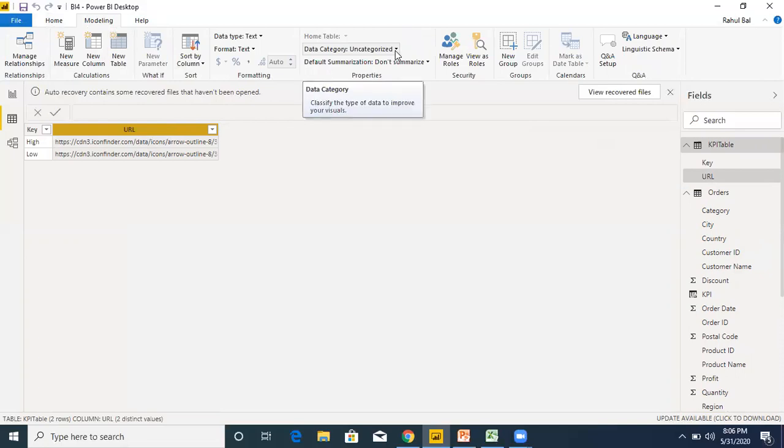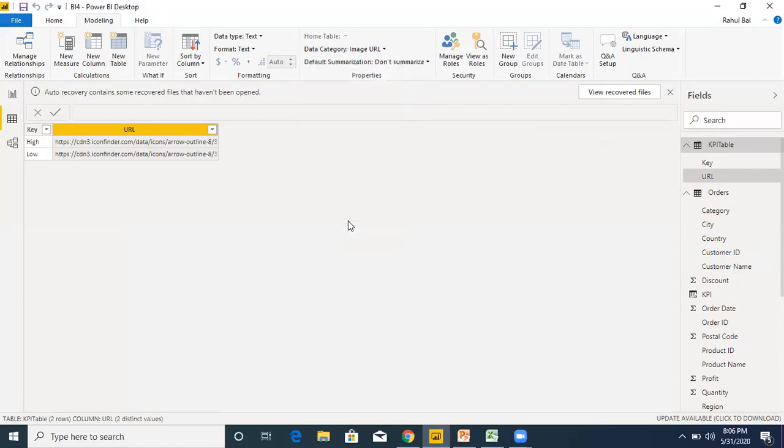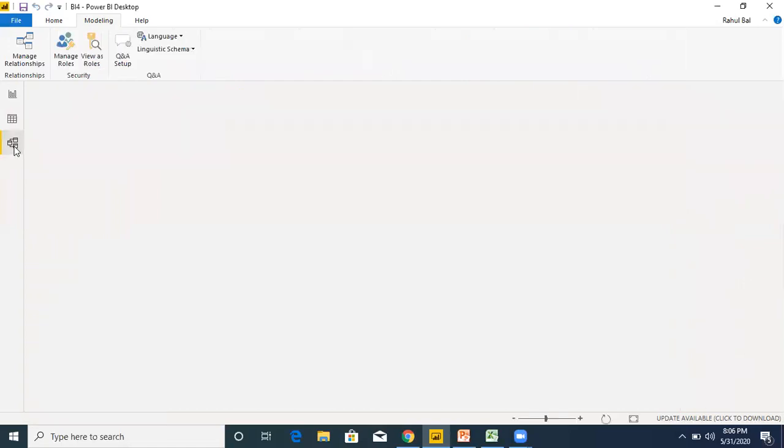So for data category, you have to keep it as image URL. Change this data category from uncategorized to image URL. Once you change it, just click on save, and then we'll go to the data model.